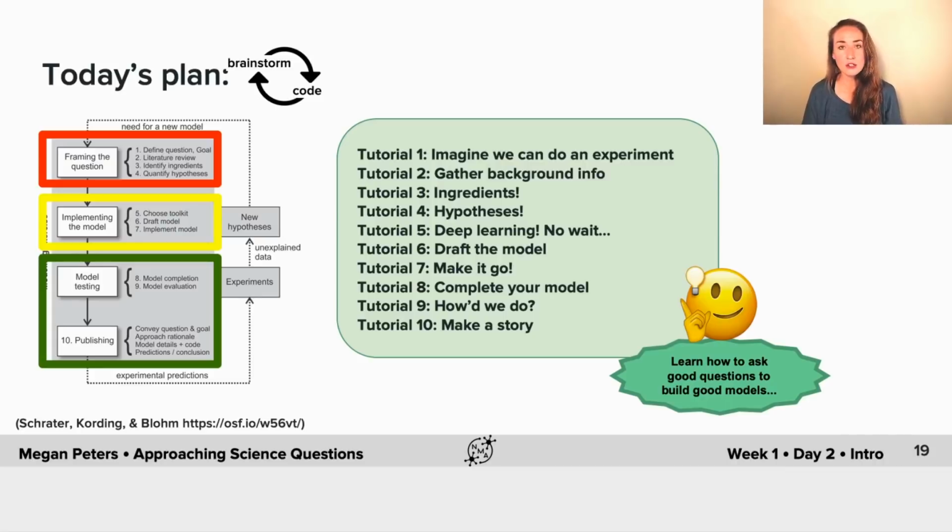I'm sure you guys are going to have lots of questions along the way. The tutorials will help you ask or answer them. But we hope that you're also going to really discuss a lot with your groups. Lots of discussion, lots of back and forth. That's the best way to do this. So do that in small groups and in your whole pod, all of you with your TA together.